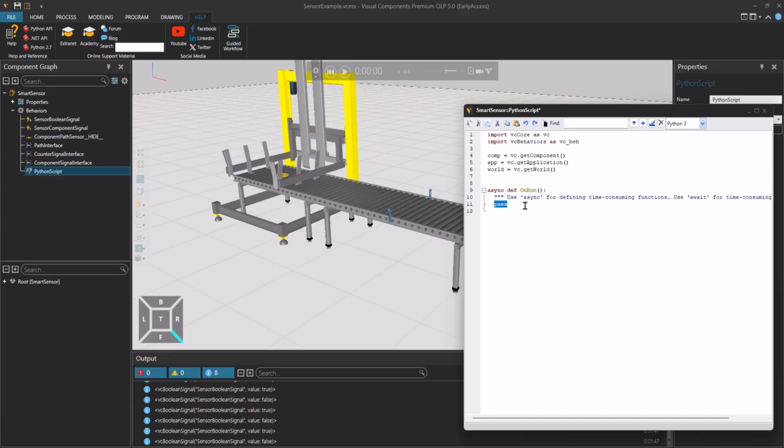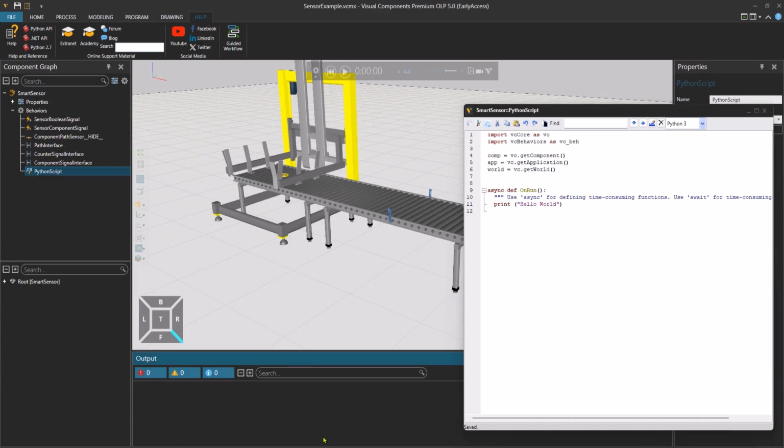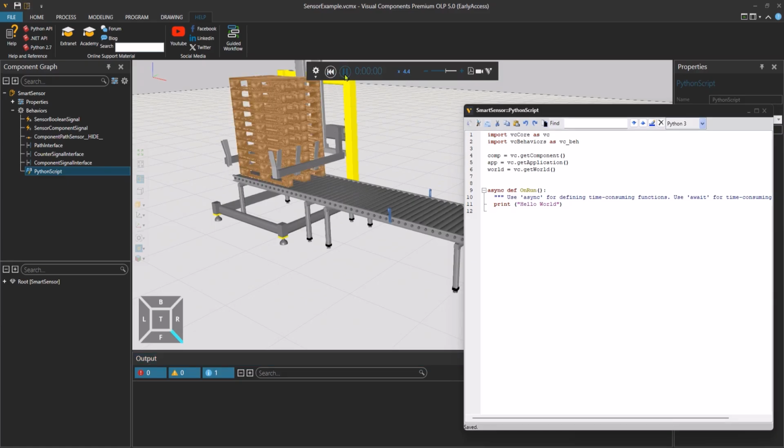This event handler gets triggered when the simulation starts. So let's write a print hello world. Let's compile, clear the output and start the simulation, and we got the hello world printed.